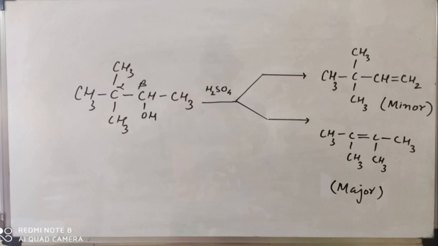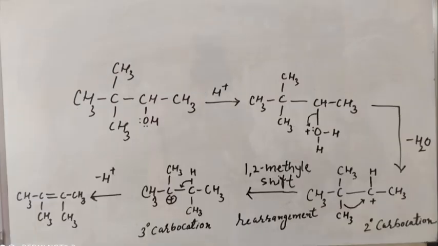But as we have talked about earlier, the reaction proceeds through the carbocation intermediate, and the carbocation is likely to rearrange itself toward the more stable carbocation, either by 1,2-hydride or 1,2-methyl shift, and the obtained product is different from the expected product. So here let us see how the reaction proceeds. So this is the alcohol.